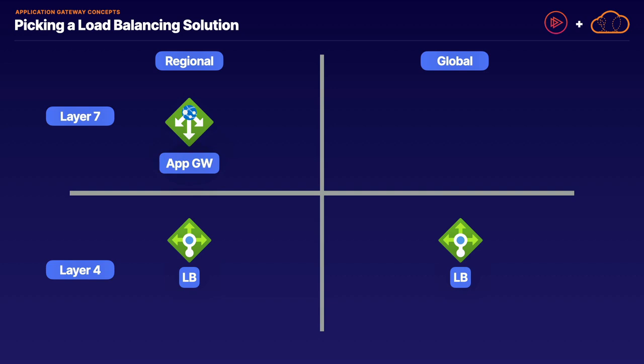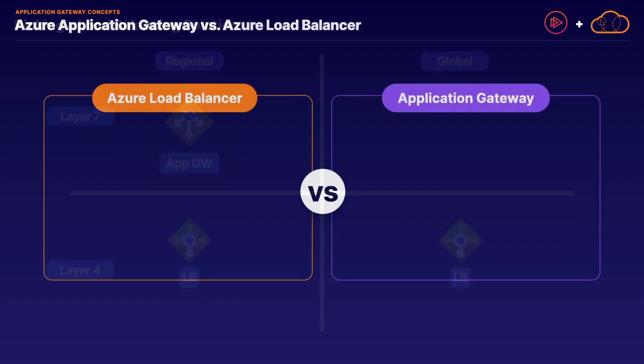And these are the kind of things that we need to think about when we're picking a load balancing solution. So you can use this Punnett square we have here for picking a load balancing solution for your reference as an engineer. Now, to compare Azure Application Gateway with Azure Load Balancer, I think what we'll find is that there are some similarities, but also some key differences that make us understand where these two services differ from